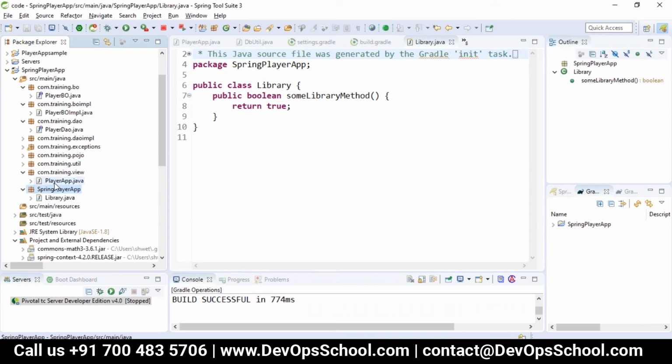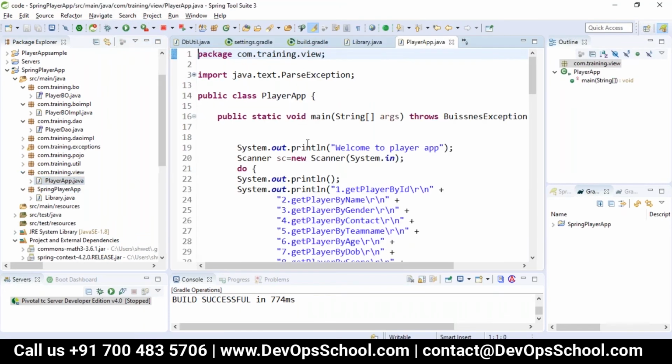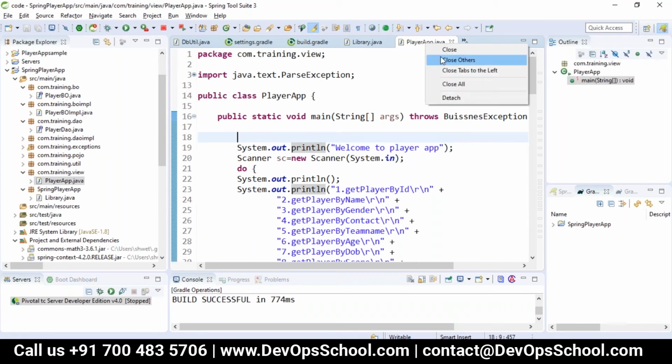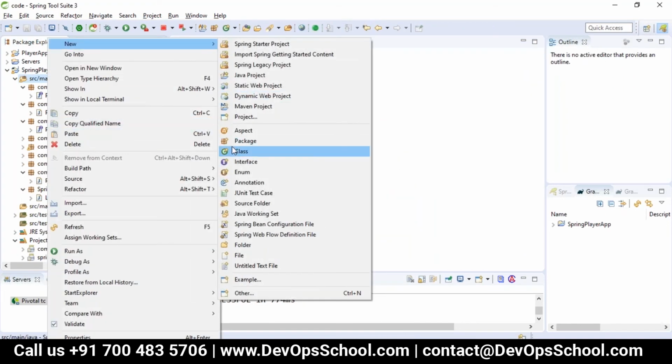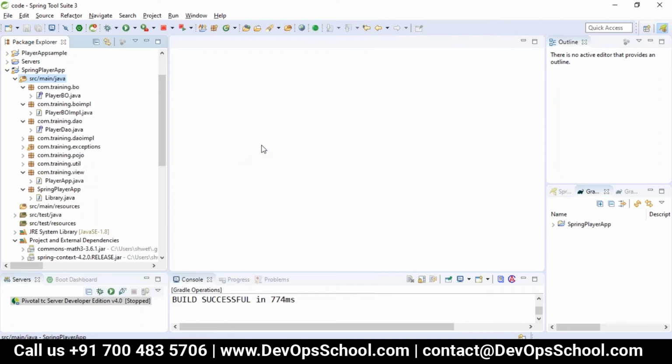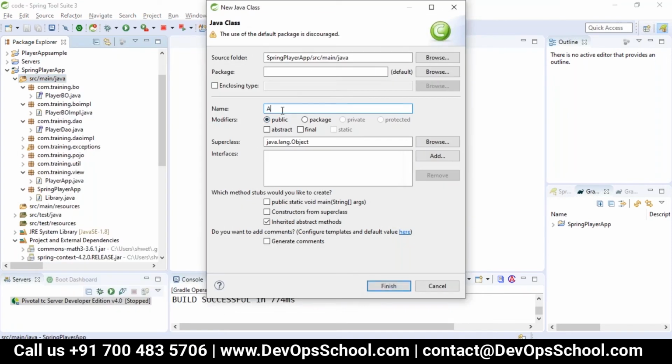So how will you make it a Spring application now? We have to load all our configurations. That is, we first have to make all our code Spring code. So how will you make it? First we have to create the configuration file, either the XML way or the Java way, as we discussed yesterday. So I'm making the AppConfig here. This is the configuration file I'm keeping inside the package com.training.config.